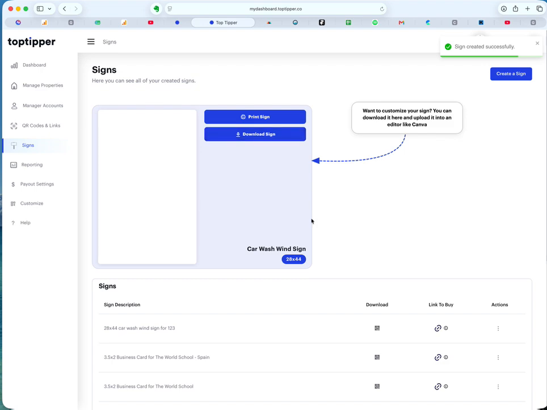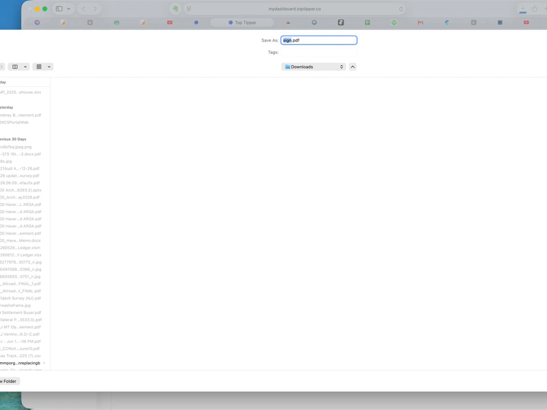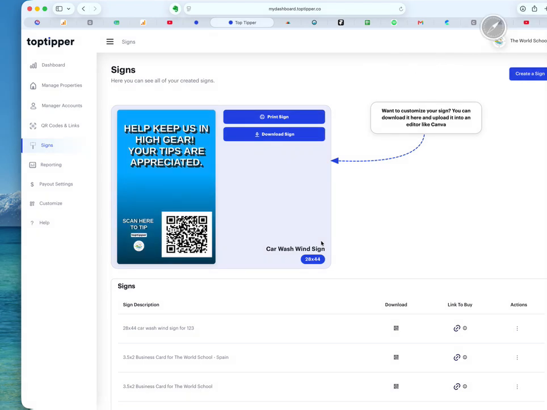That sign is now shown up here. You have the ability to print this sign. It will not print to 28 by 44 unless you happen to have a printer that can do that. Otherwise, what you're going to want to do is you're going to want to download the sign. We're going to download it. And then you're going to take that downloaded sign